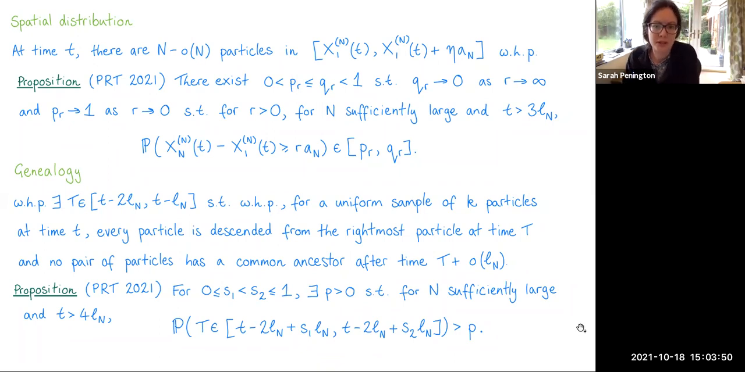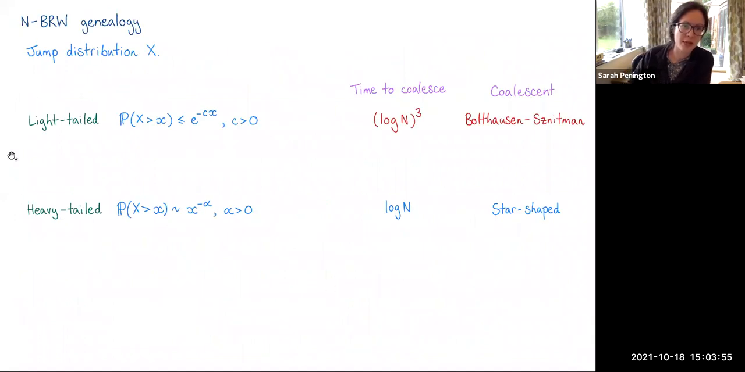So now what I want to do is summarize the results and conjectures about the genealogies for the N-particle branching random walk with different jump distributions. If capital X is our jump distribution, then in the light-tailed case, which you can think of as roughly the case where the probability that capital X is bigger than little x is less than or equal to e to the minus c times x for some positive constant c,